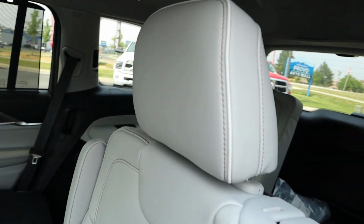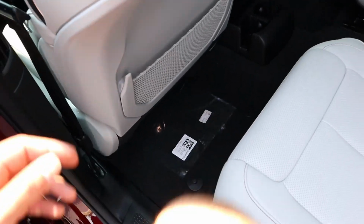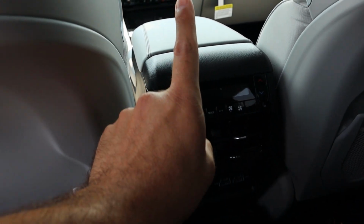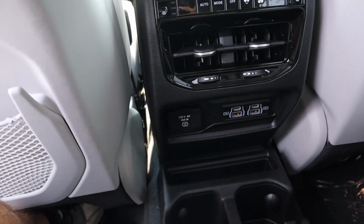And yeah, anyways. Now here are the seats. You can see you've got the leather on it with the perfect leather in the center. And you have some storage space there on the front seat. If you're wondering, I'm 6 foot, and there's my legroom and headroom; I fit back here. We've got the climate controls for the rear. The second row passengers do get heated seats, and then we've got some USBs down here with a full power outlet,